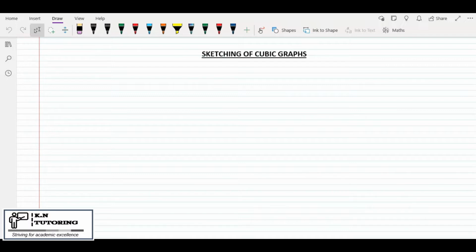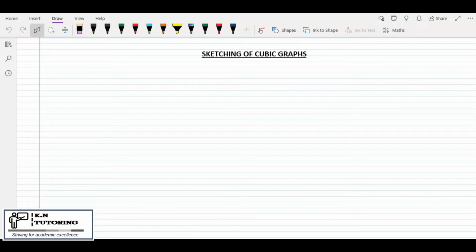Coming back to today's lesson, sketching of cubic graphs. Let me take you back to previous grades and a very important chapter that we've also covered this year in matric, which is functions and graphs. I believe you now know the different types of graphs: the straight line, the parabola or quadratic graph, the hyperbolic graph, and the exponential graph. Now we're going to add another exciting